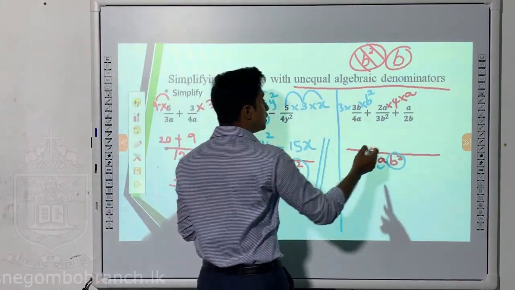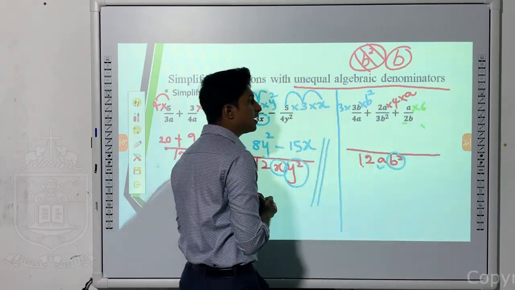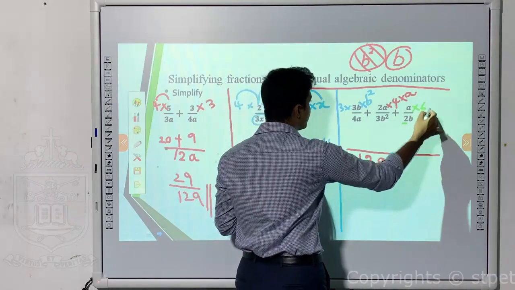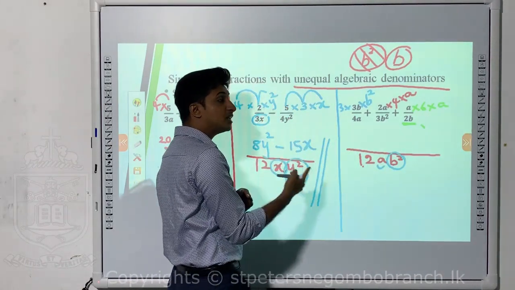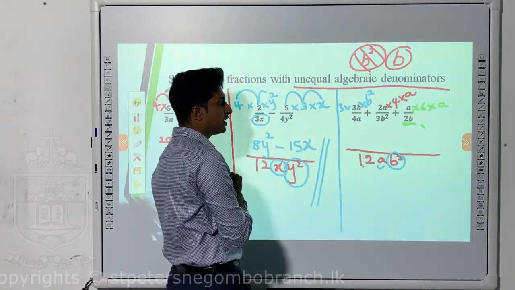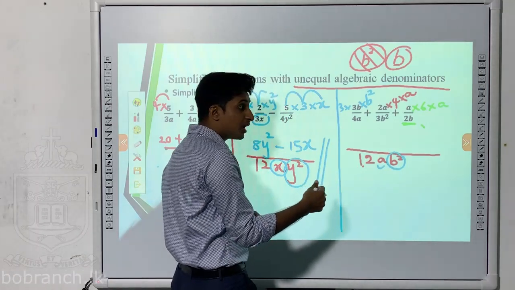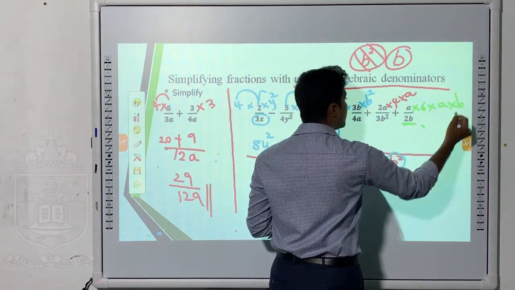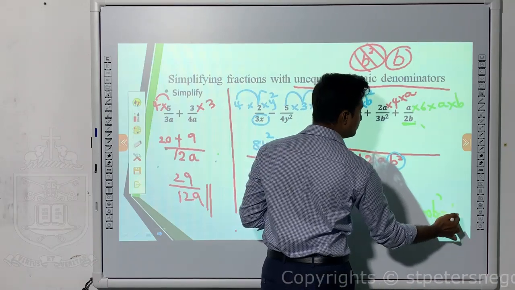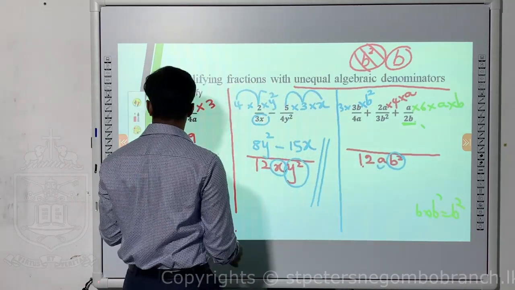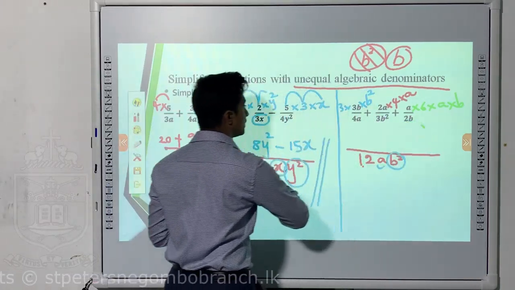Right. Here 2 is there, but I have to multiply that by 6. So this also I have to multiply by 6. A you don't have, so I have to give an A. A you don't have in the denominator. You have A in the numerator, but you have to check for the denominator, not the numerators. B I have, I need another B to make it B squared. So I have to multiply by B again, because you have a B already. That B when multiplied by B will form B squared. Okay, that is why I have to give it another B.